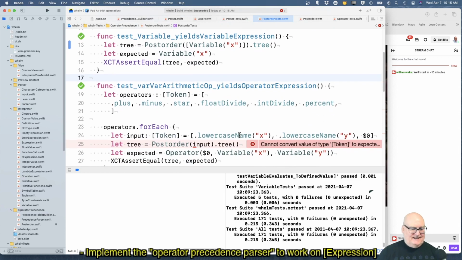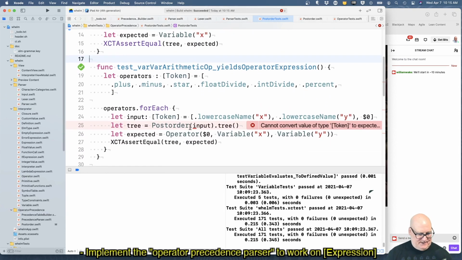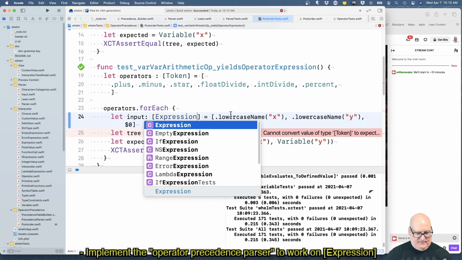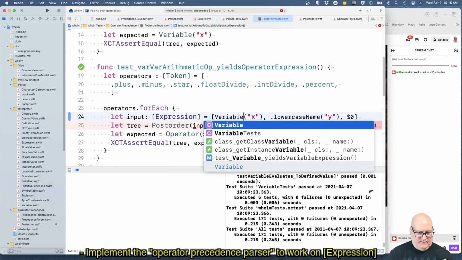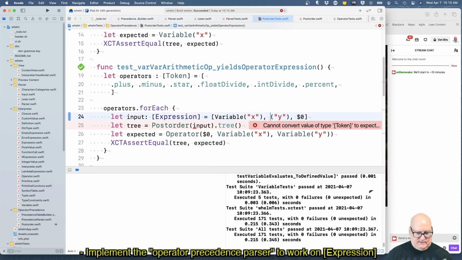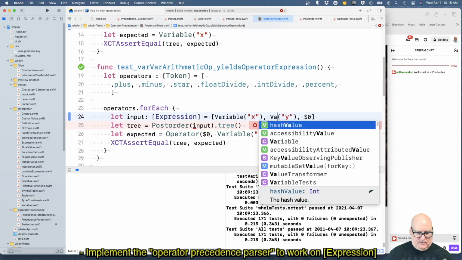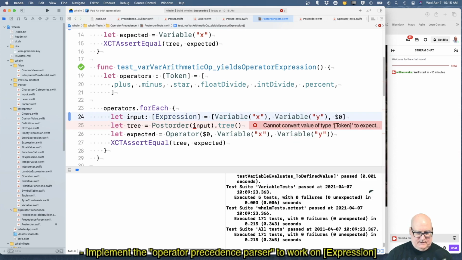Yeah. Okay. Our input is of type expression, variable x, variable y, and operator.